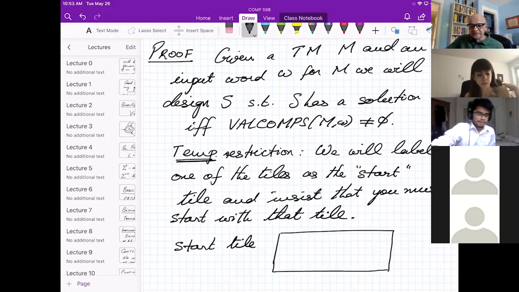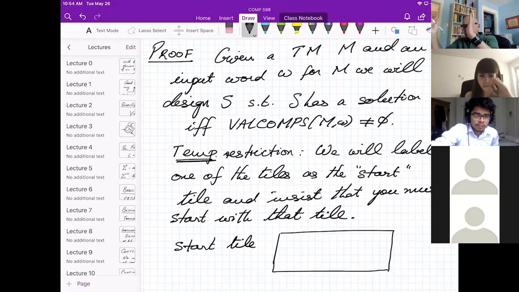So what we're going to do, just as we did valcomps yesterday, we're going to show successive configurations of the Turing machine. In each configuration, there'll be a special hash mark symbol to separate it. This means this configuration is finished. Now I'm describing the next one. So it's got to be a valcomp in the sense of what I talked about yesterday, a valid computation. And the way we're going to design the tiles is as you put them together, you will be forced to go from one configuration to the next according to the rules of the Turing machine. And the cleverness in doing that is in the design of the tiles.